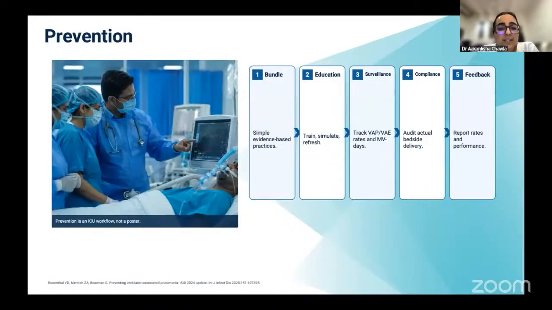So what would the prevention look like? The patient has been in the hospital. If you implement good practices, you might prevent that infection from developing. So you have to have simple evidence-based practices. You need to train and educate your staff. You need to have proper surveillance systems in place, audit what you've implemented, and then have a proper feedback system to understand whether the implementation has actually taken place and is it actually helping in prevention of these infections from